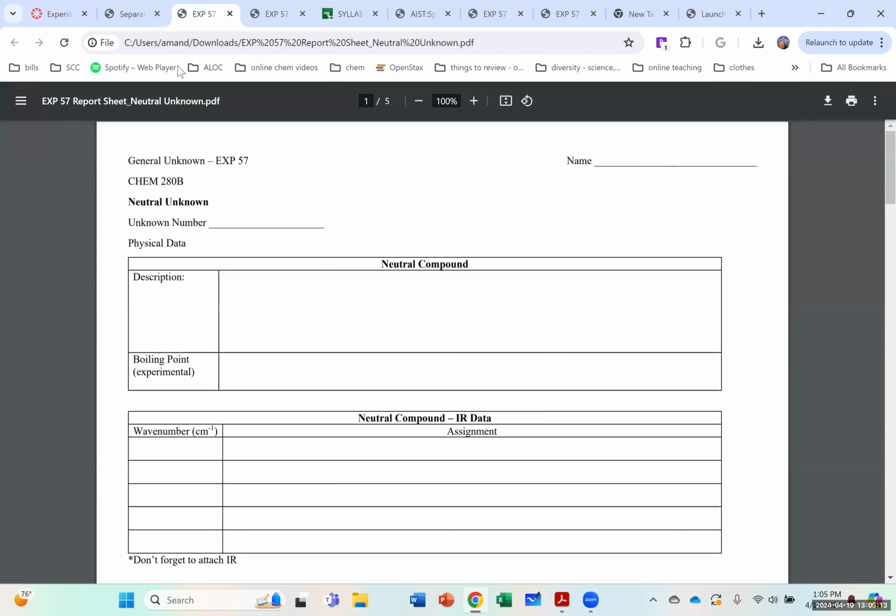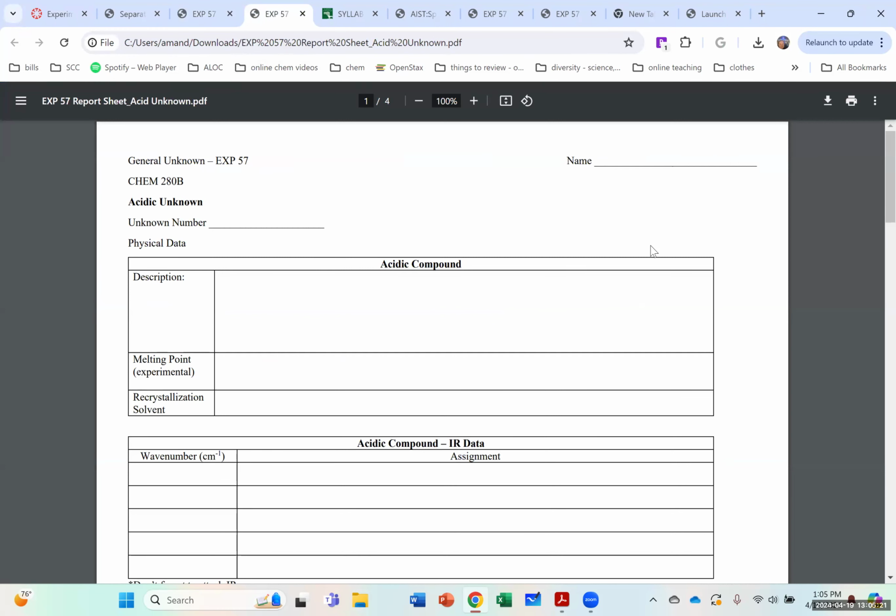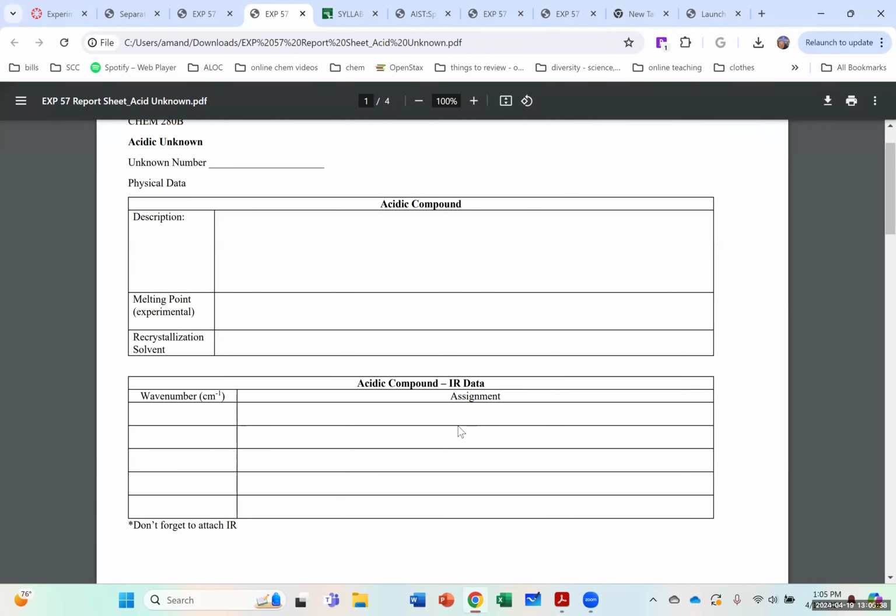Let's look at, I have to move my little zoom bar here. Let's look at the acid one first, because the acid one is a little bit more simple compared to the neutral one. So for the acid report sheet, you're going to put a description here: white powder, flaky yellow powder, whatever it might be, your melting point, the solvent you used for recrystallization, your IR data with a reminder to actually attach your IR,